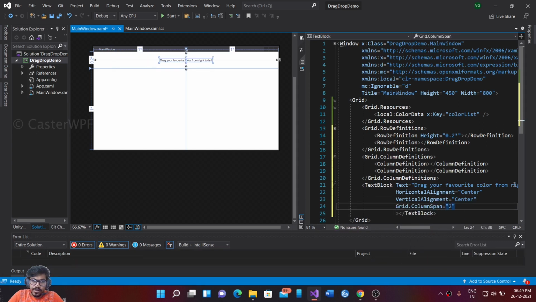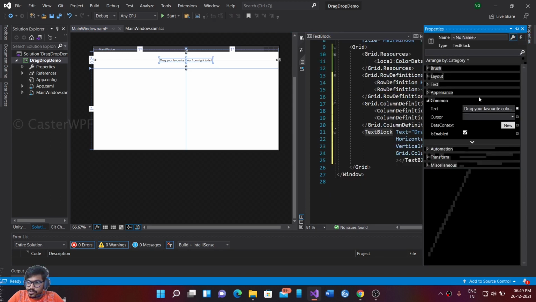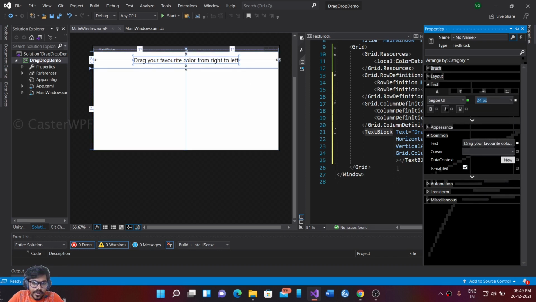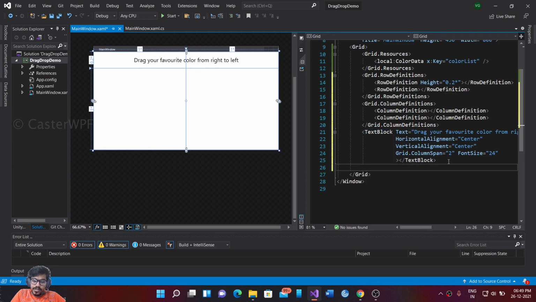Going to do the column span, which will fill across 2 columns, and we're going to increase the size of the text, probably whichever is visible for the demo. And over to the left side, what I'm going to have here is a border which will be filled when you choose the color. So the left column for the row 1 and column 0,